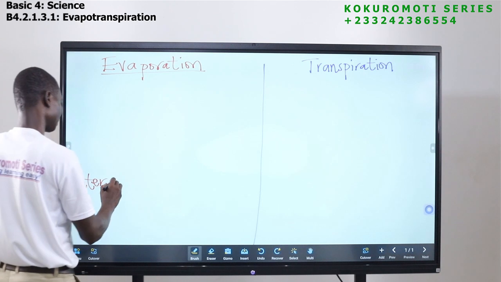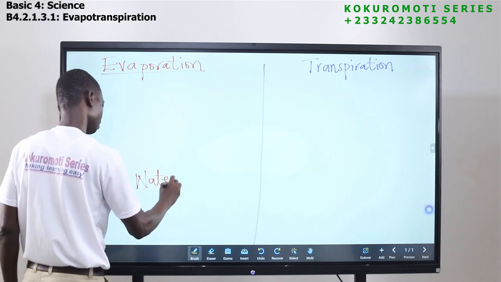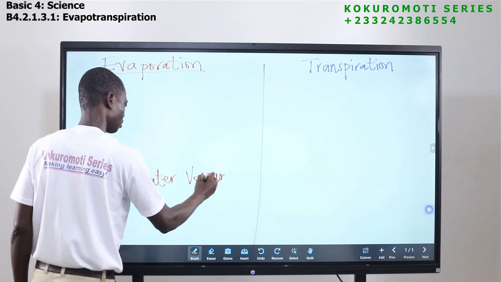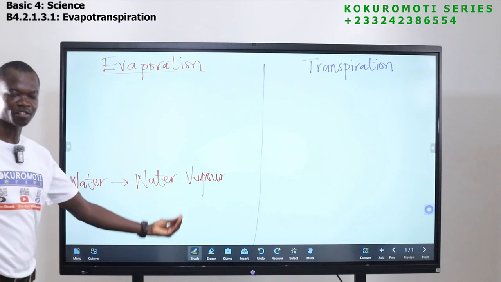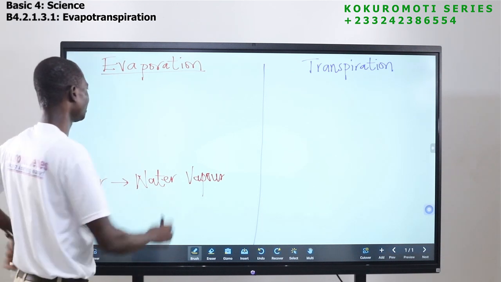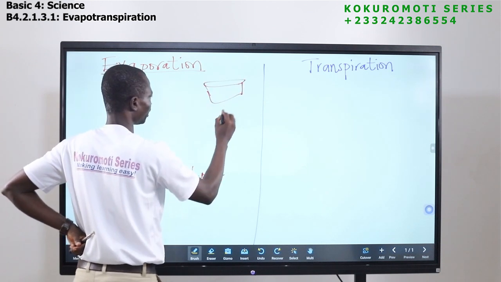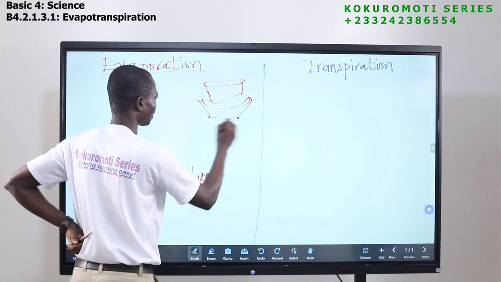Water turning into water vapor. So anytime water turns into water vapor, that process is called evaporation. So you see, if you have water like this and then you put it on fire, let's take this as our